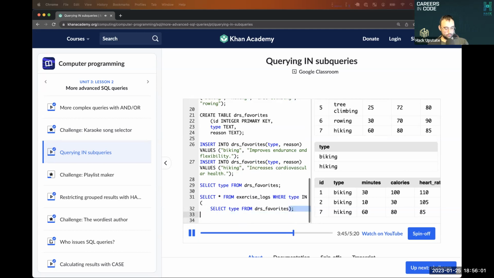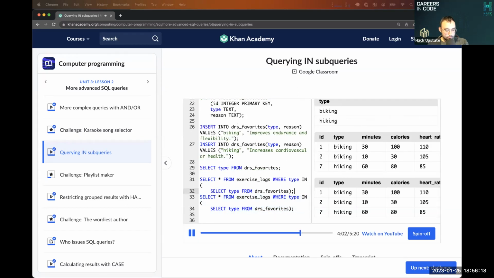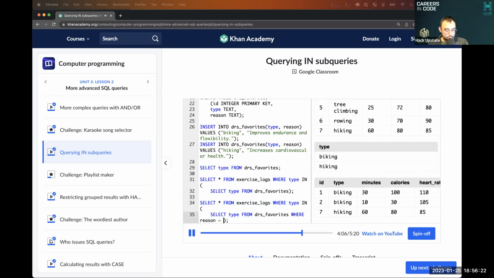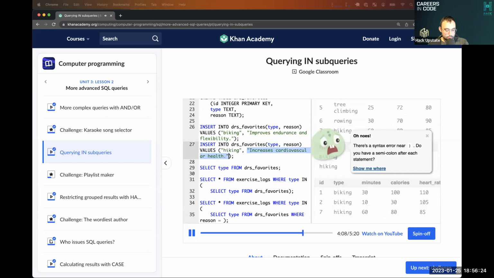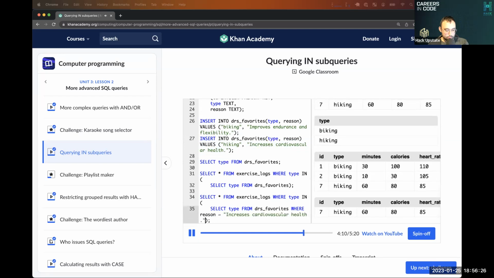And this is a pretty simple subquery, but it could actually get really complex. It could be as complex as any of the queries that we've learned so far. Let me show you an example. What if we only want to select the favorites that the doctor recommended for cardiovascular reasons? So we could say where reason equals, and then we could paste this whole long reason in here